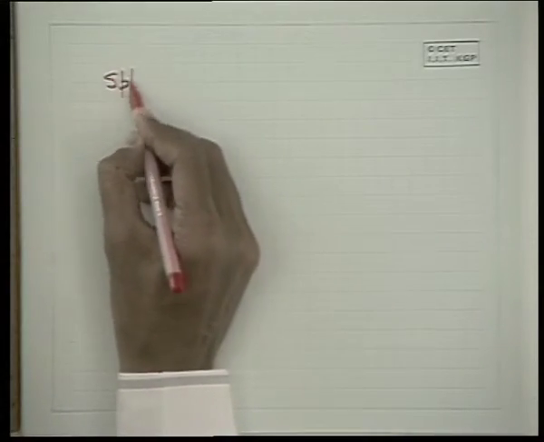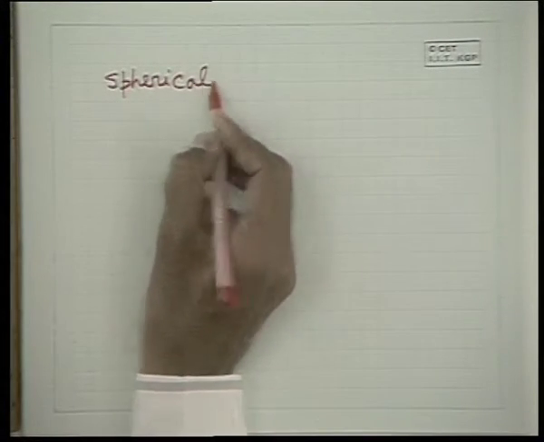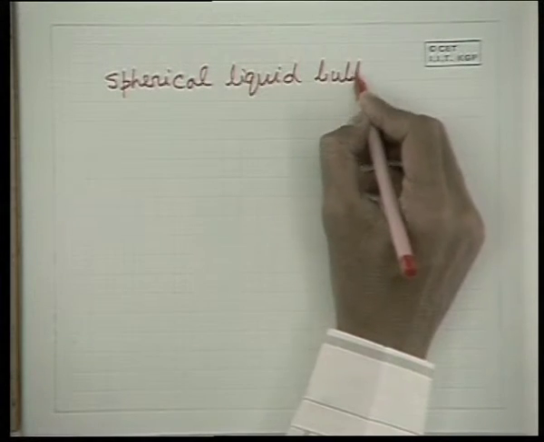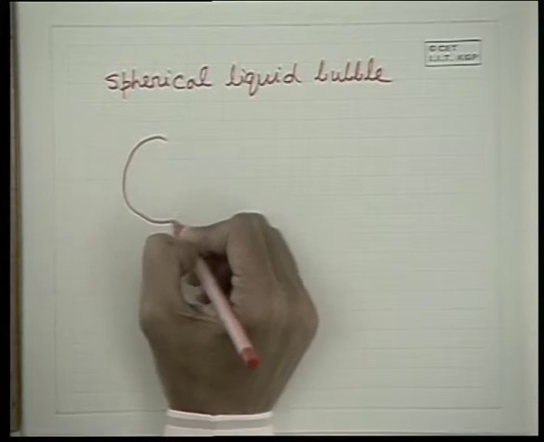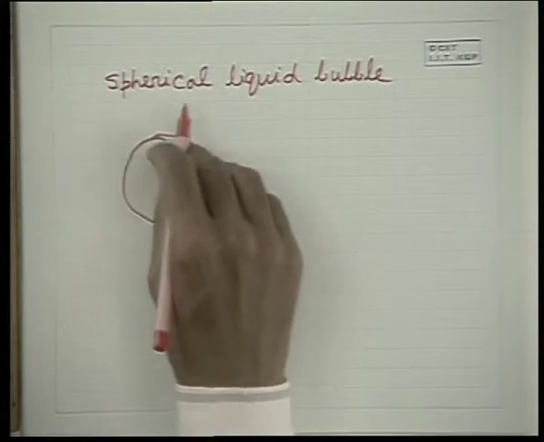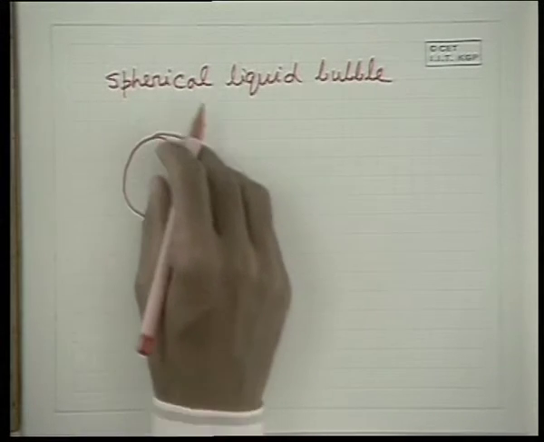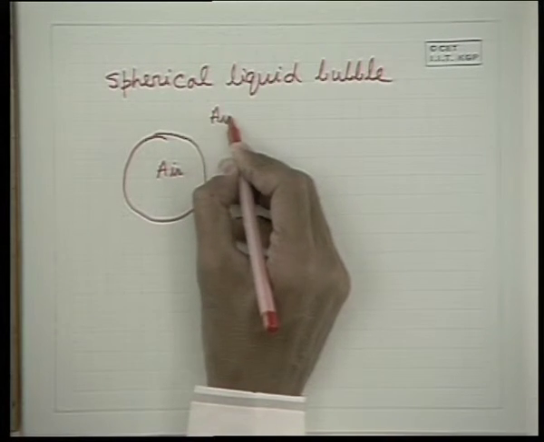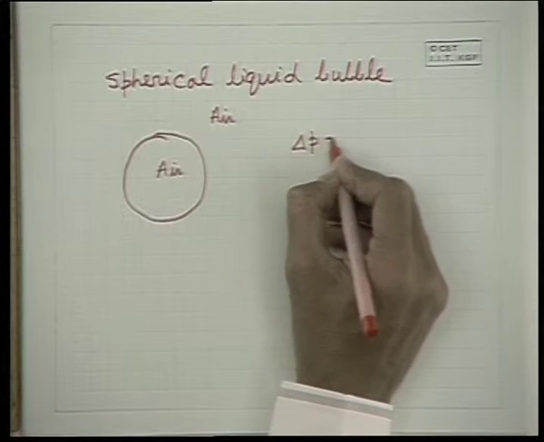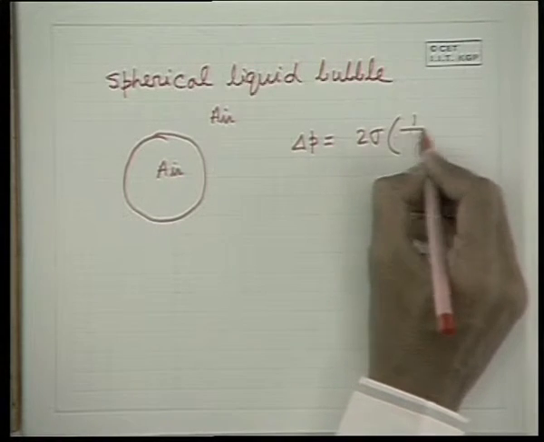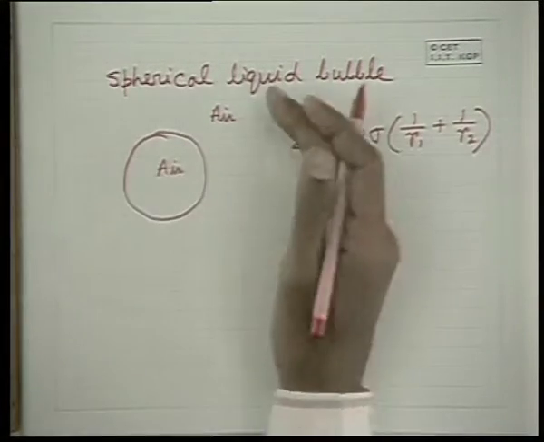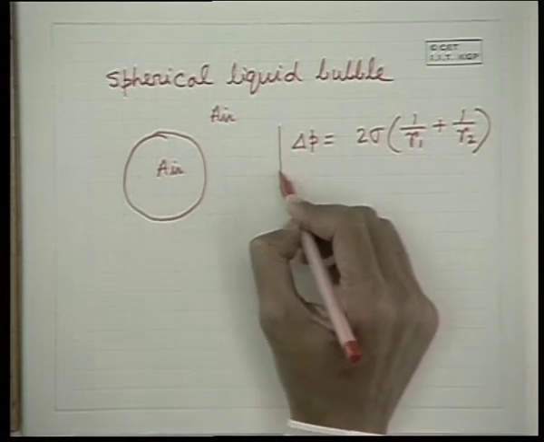What happens in case of a spherical liquid bubble? The difference between the two is that in a spherical liquid drop, air is on one side and inside the liquid drop the full is water or the liquid. Here the bubble contains air inside and outside. That means it is the special case of this 2 sigma. That means in case of a curved surface which separates air on both the sides or gas on both the sides, concave and convex sides, the relationship is like that.